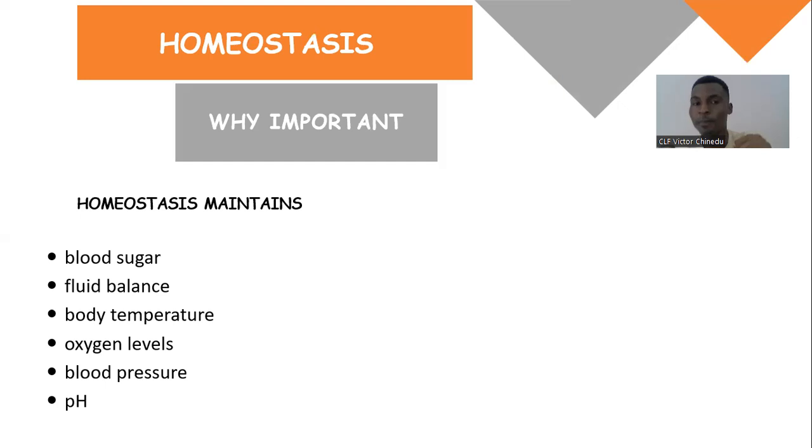However, the trick is this. These factors need to be present in your body at given ranges. That means that, for example, let's talk about temperature. At a certain temperature, your body malfunctions. Below a certain temperature range, your body malfunctions. So your body has to work hard to ensure that your insides are kept at a particular constant temperature range. And that is what we call homeostasis.